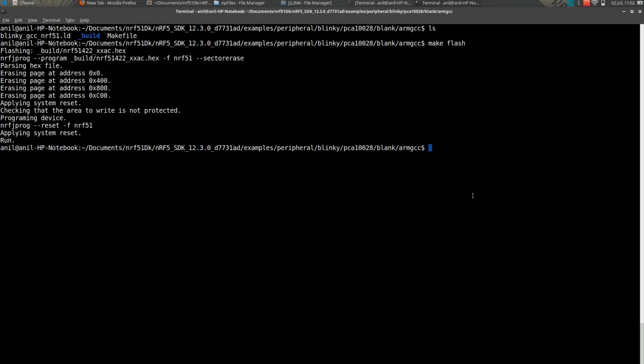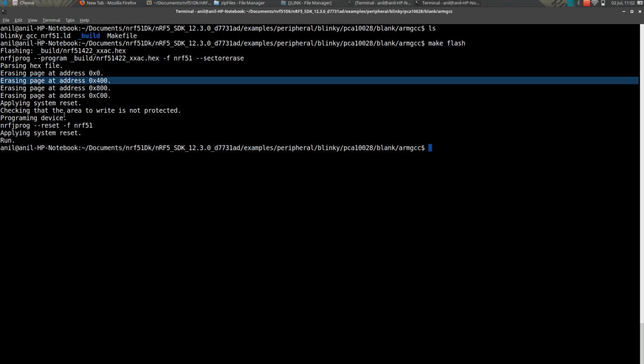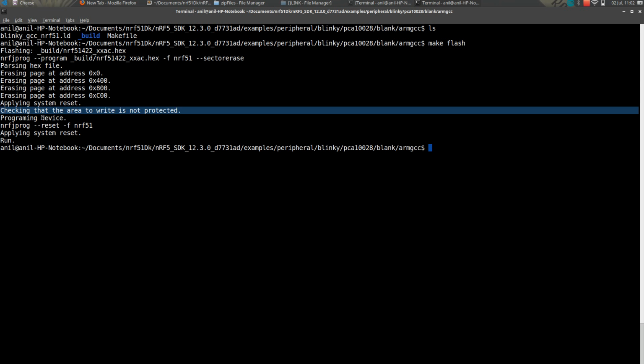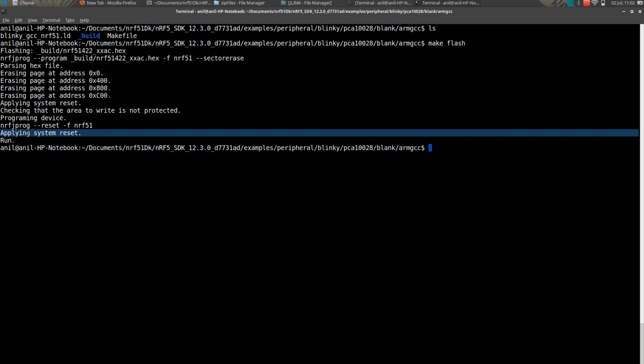That will flash the program, but before flashing it, it erases whatever code was previously on the development kit. After the flashing, it resets the board and runs the program.